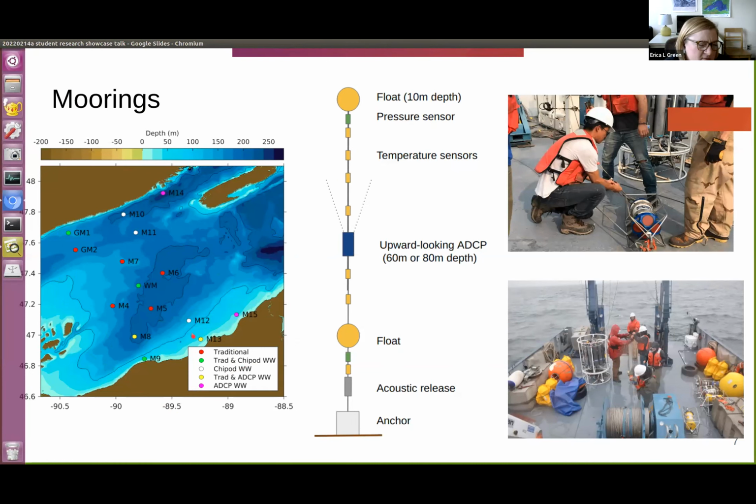This is like 100 kilometers from here to here, the western arm. This is Isle Royale, and this is the Apostle Islands. Duluth is like off the screen, where we deployed these moorings. They're anchored things that have a whole string of instruments you can put on them. I'm interested in temperature and velocity, so that's what was on our moorings for the most part,